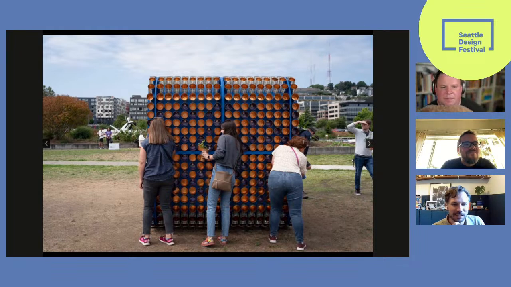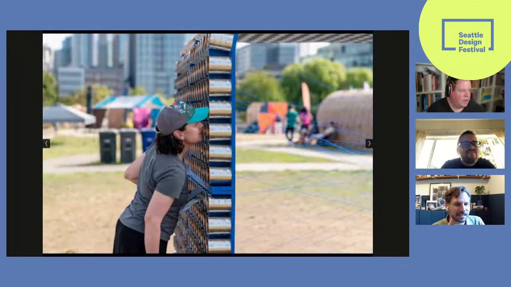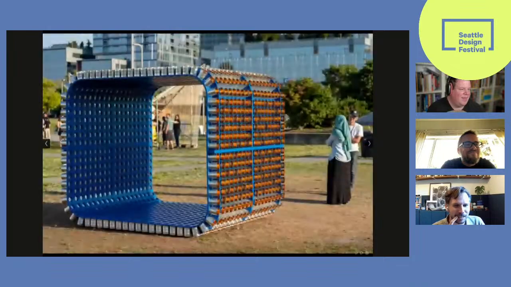Getting the structure there was not so bad, but we had a coding system. They were pre-strung on one side, but only one of the sides could be strung, because it had to be done as a cube. I forgot about that part. It took a little bit of time.